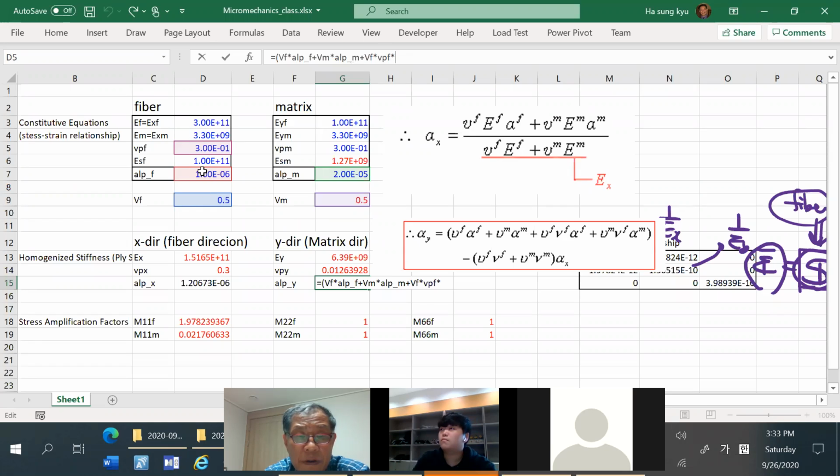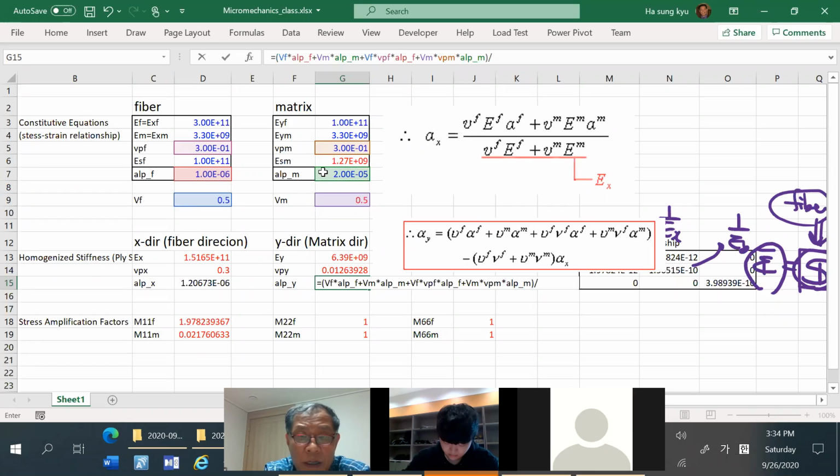Plus volume fraction times Poisson's ratio. Yeah, there is a misspell. This has to be the Poisson's effect, Vm, times alpha m,